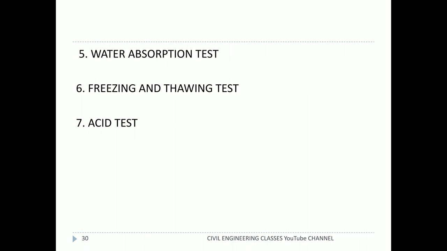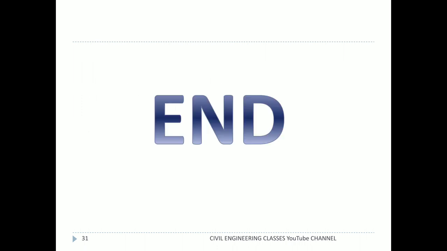Then the last test is the acid test. Acid test means we will treat the stone with certain acids, like it is placed in a solution of hydrochloric acid having 1% strength for about 7 days, and we will agitate the solution at certain intervals. A good building stone must maintain its sharp edges and keep its surface free from any powder at the end of the test. That is what is known as the acid test. So that's all about the testing of stones.